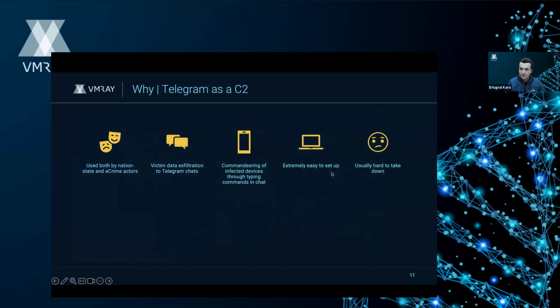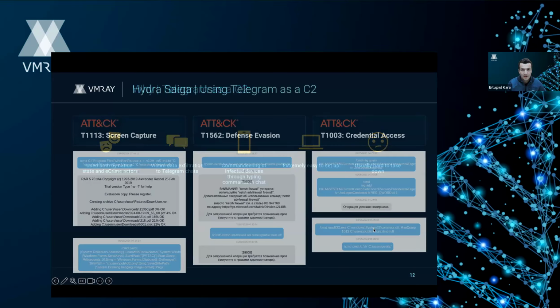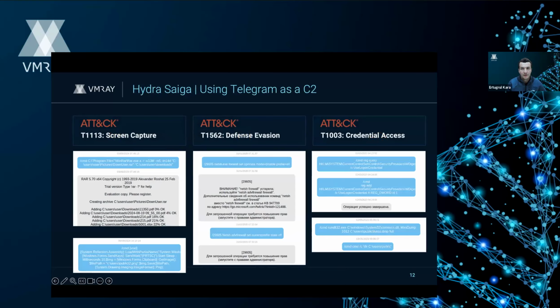So around Telegram, a bit of a step back about how and why Telegram was a choice for this campaign and others as well. It's not too tricky really to exfiltrate data since it's still known as a legit application, not in all the block lists. And easy to set up, hard to take down, usual reasons really. Data exfiltration is definitely the spiciest functionality that you also see on this slide, but it's not really the only one. Now I'm going to give you a quick overview from this research.